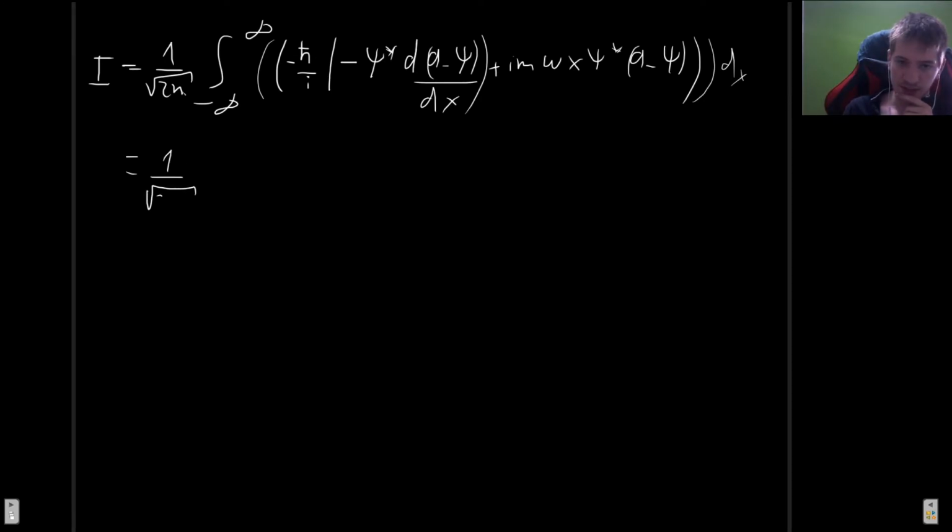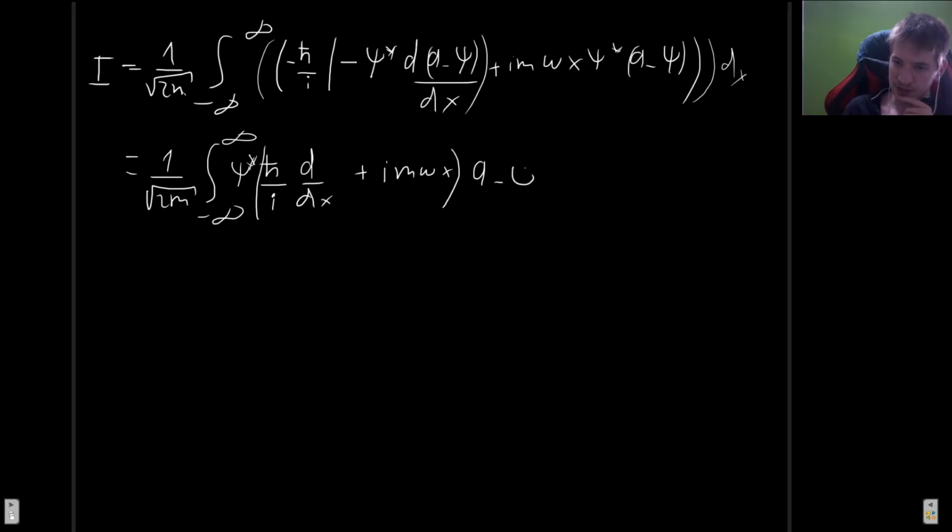So we get 1 divided by 2m, the integral from minus infinity to infinity. These minus signs will cancel each other out, so we just get h bar divided by i. We are going to put this psi in front, as I said. So it's going to be multiplying h bar i d/dx plus i m omega x, and this is going to be multiplying a minus psi dx. So right here we have the a plus operator, so we can now write this as minus psi integral